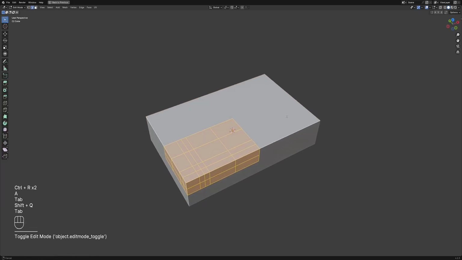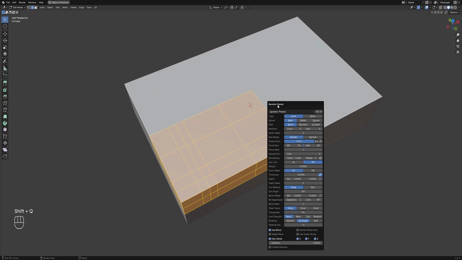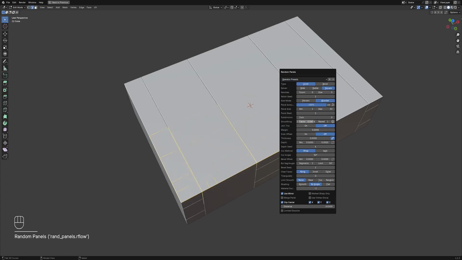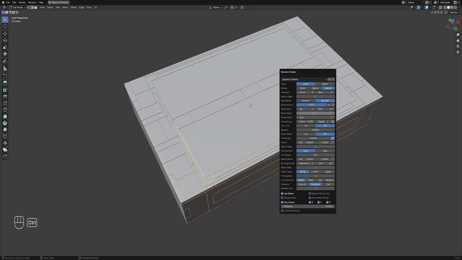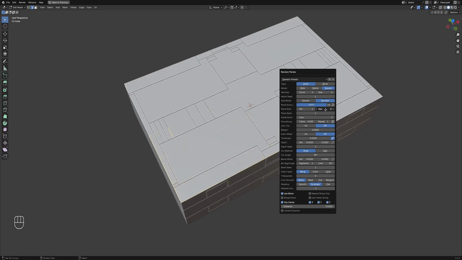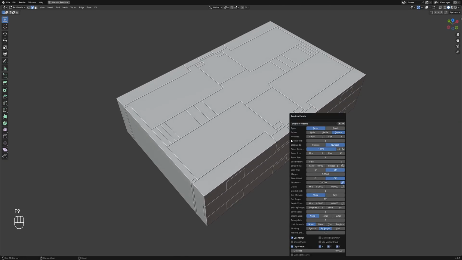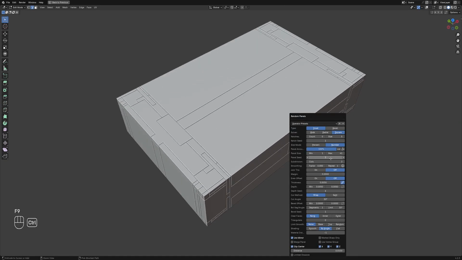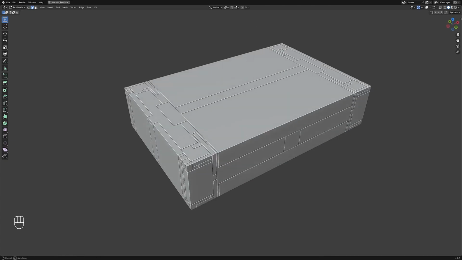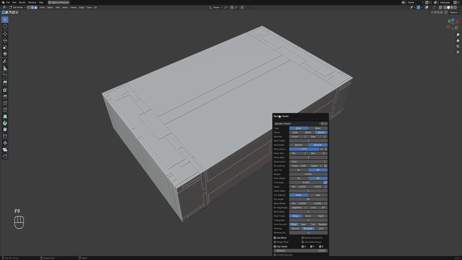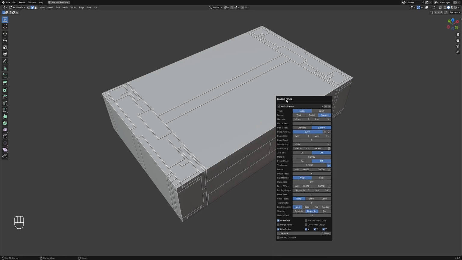And so in edit mode, I'm going to use this preset here just as an example, and then look for a pattern that I like. So for example, this one. Okay, so this is the default result for the random operator, and it produces another mesh with the random details,